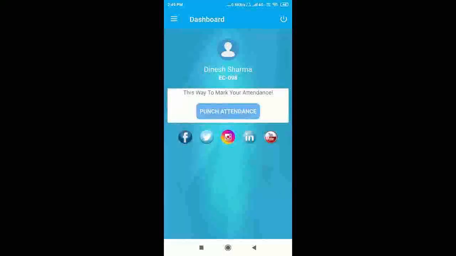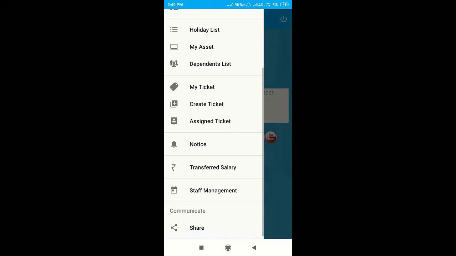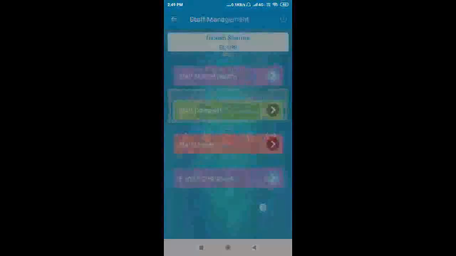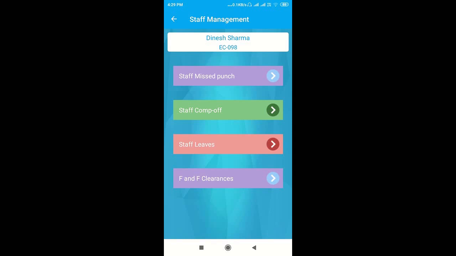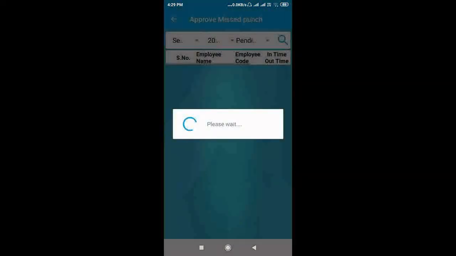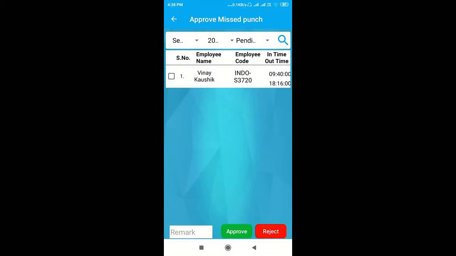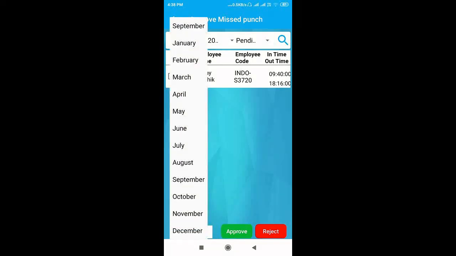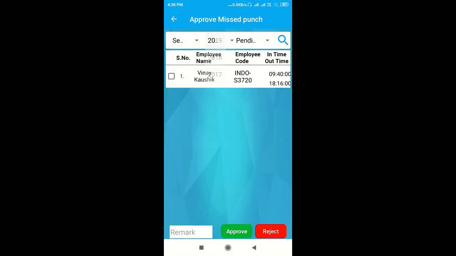Next in our drawer is staff management. It contains staff members, miss punch, comp off, leaves, and FNF clearances. It is for resigns. In first part, staff miss punch. By default, it shows all the pending miss punch requests of the staff members in the present month. We can select month from here, year, status. For example, if we select approved and search,